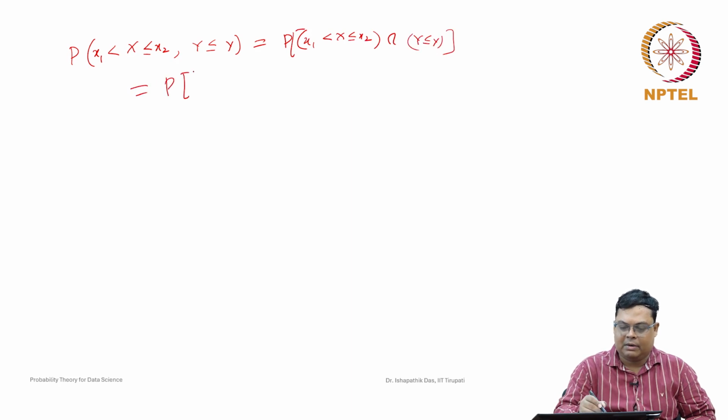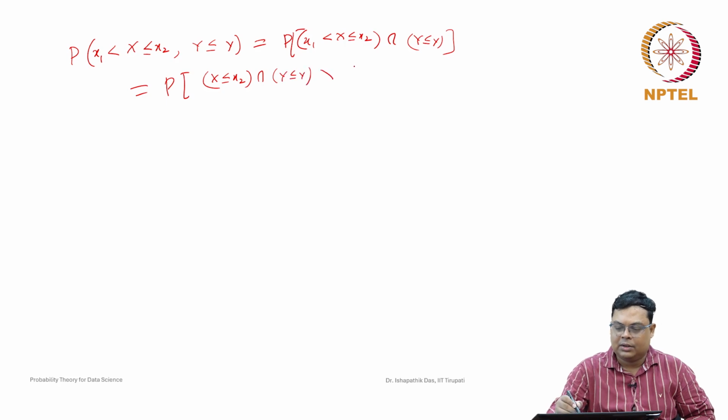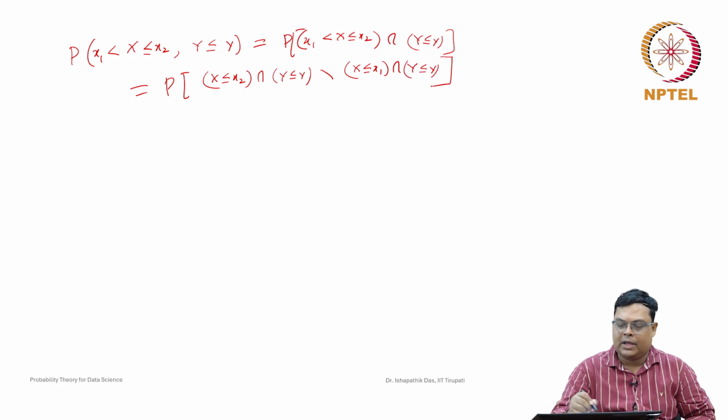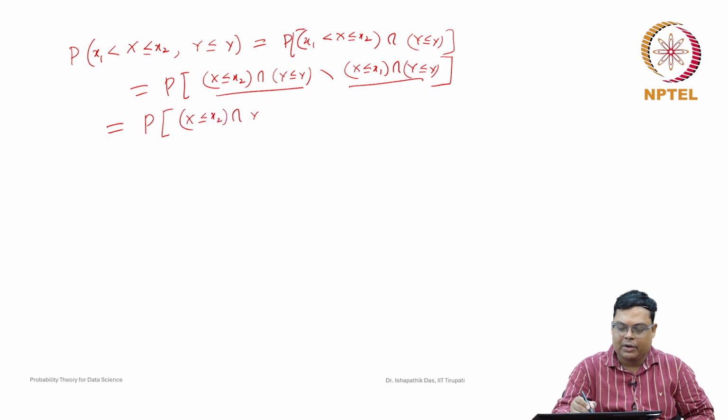We have represented it by x ≤ x2 intersection y ≤ y minus x ≤ x1 intersection y ≤ y. That we have just now shown. Then because this set is a subset of this set, by theorem 1.1 we can write the probability of this